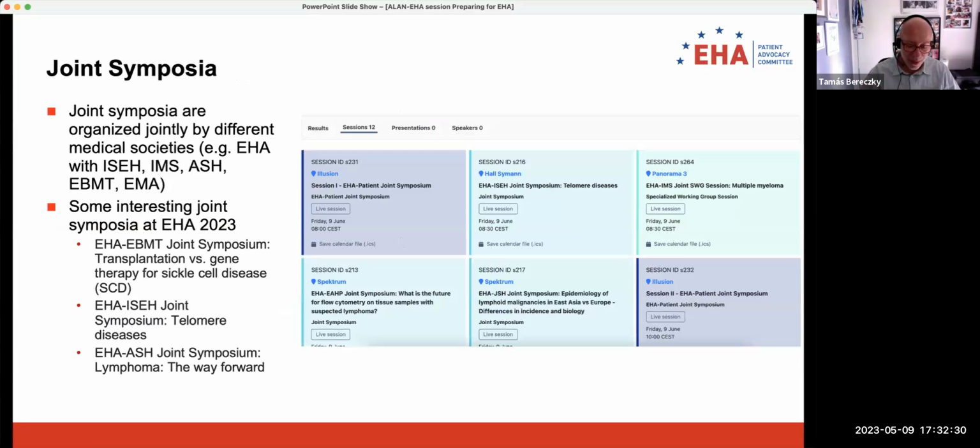Now, another interesting format, which is especially relevant for us, are the joint symposia. Joint symposia are organized by EHA together with different medical societies like IMS, ASH, the American Society, or EBMT, the Bone Marrow Transplant Society, or even the European Medicines Agency, or the patient community, which I will talk about in a little more detail in a couple of minutes. There will be some very interesting joint symposia at the EHA. You see there will be 12 of them in total,